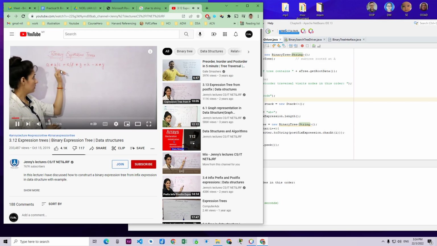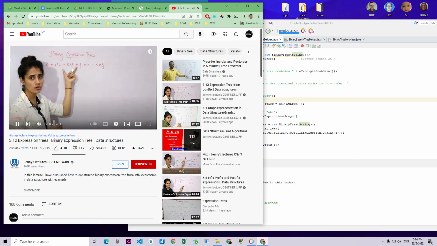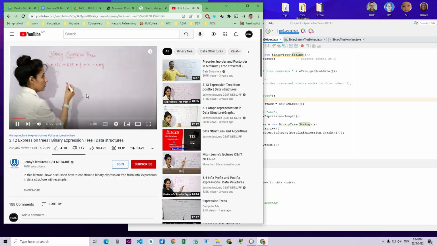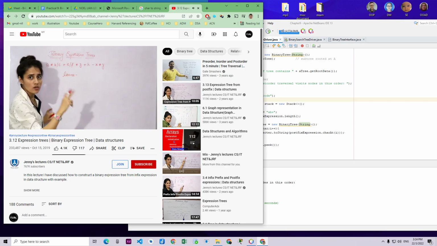This has variables and these are symbols, or you can say operators. These are arranged according to some grammar rules. This is an infix expression. What is a prefix expression? What is a postfix expression? That thing also we have discussed. Now we are going to represent this expression in the form of a specific kind of binary tree, and that is known as a binary expression tree. Or you can say an expression tree is a representation of an expression in a tree-like data structure. And this is a special kind of tree in which the leaves or the external nodes,